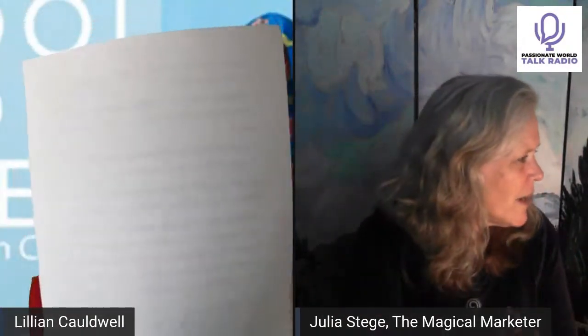So all you need really is a piece of paper. Okay, I wonder if I have one. I don't have one here. But just a piece of paper, okay? And you can actually fold that in half. So it'd be good if it's a blank piece of paper. And you can fold it in half, and now you have actually 4 sides. Okay, and we're gonna have a different question on each side, right? Perfect. So on side 1, at the top, we're gonna put this question.